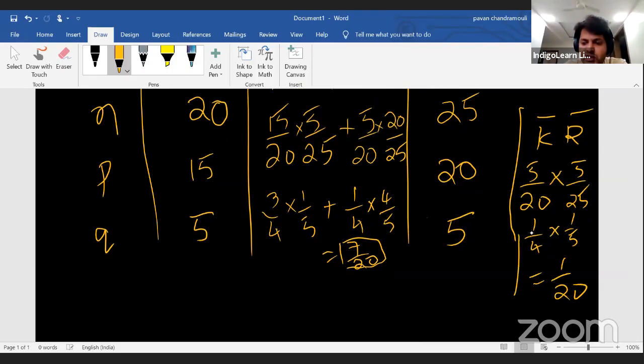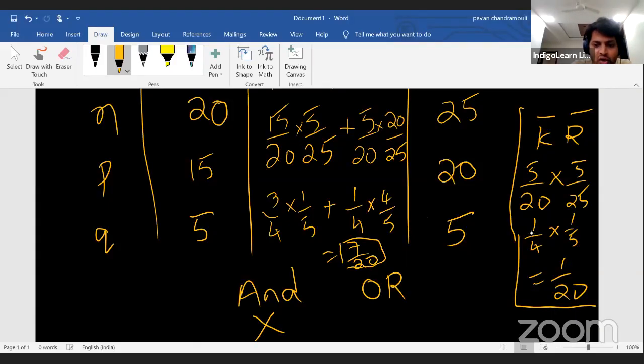So what is the possibility that none of them scores a century in the final or the big match? 1 by 20 is only 5%. Though it's a very small percentage, it did happen when we played the semi-final with New Zealand. Don't you think so? So a probability of even 1% can make a lot of difference. So when we are discussing probabilities, these are certain things that you need to keep in mind: the word and, or. So again, I repeat, when I use the word and, I'm referring to multiplication. When I use the word or, I'm referring to addition.